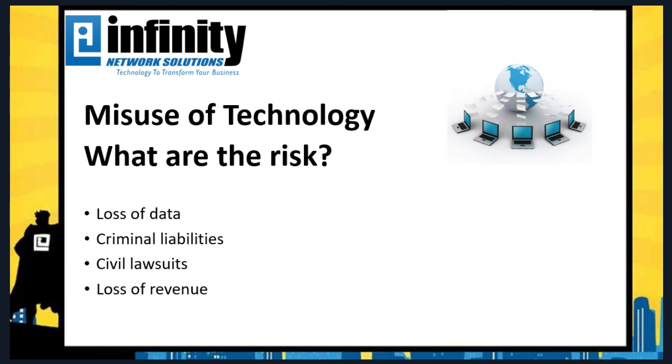Loss of revenue. Obviously, any of this can be a loss of revenue just because of the fact that, whenever you're misusing something, you're not using it to its full potential, but you're also placing at risk your reputation, which can cost you clients, which can cost you loss of revenue. You're placing at risk the potential for fines, which is a loss in revenue. So there's multiple avenues here for loss of revenue. And then ultimately, if the loss of revenue is great enough or the fines are great enough, loss of business can occur, which is obviously something we want to avoid and help make sure that that risk is mitigated.